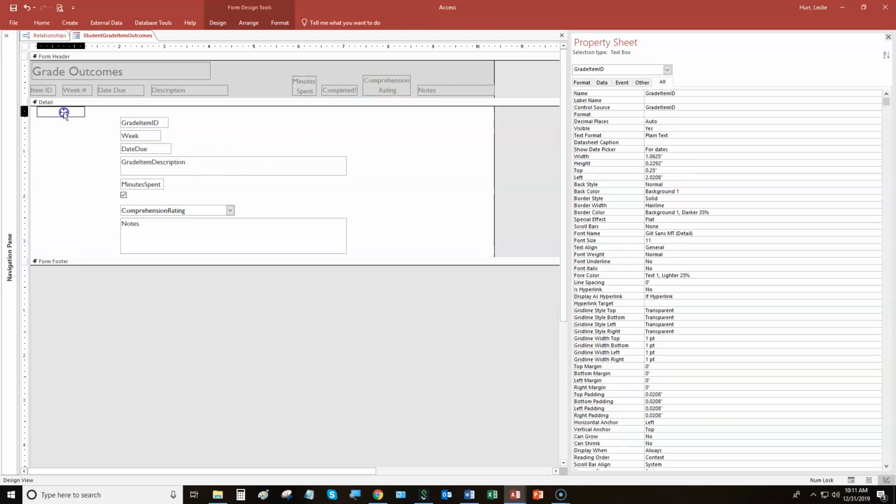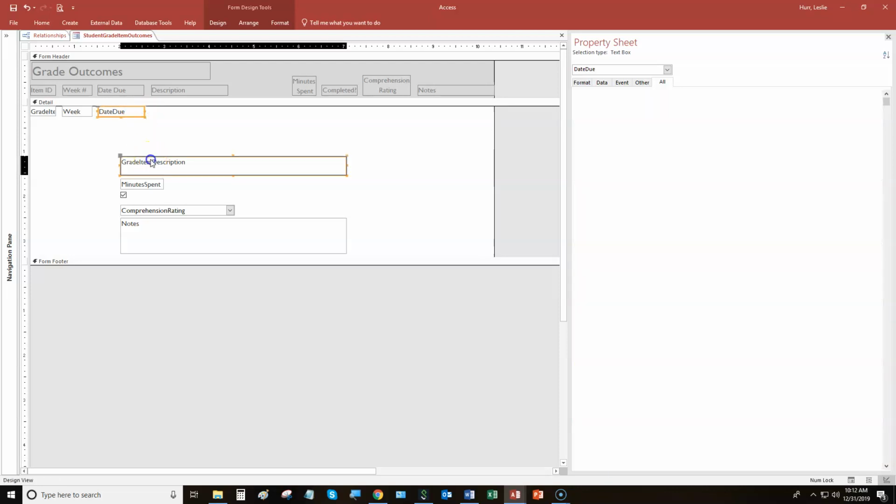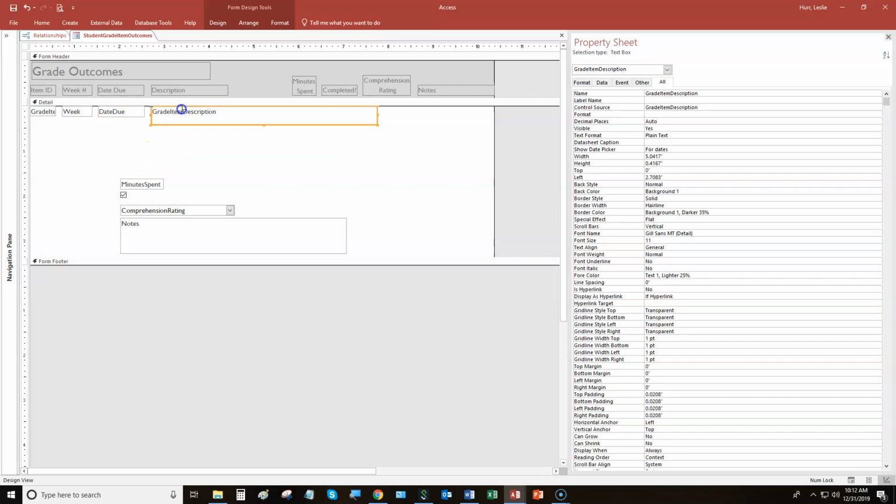And here, the grade item ID field isn't very wide. So I really don't need it to be all that big. I might not see the field name, but that's okay. All right, and so here's a week and the date due. Okay, and I do need that to be pretty wide, but I can always find out if it's wide enough or not by